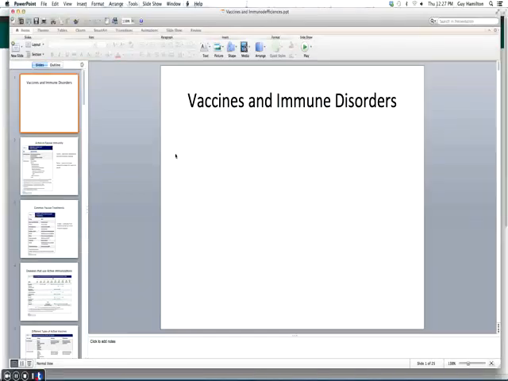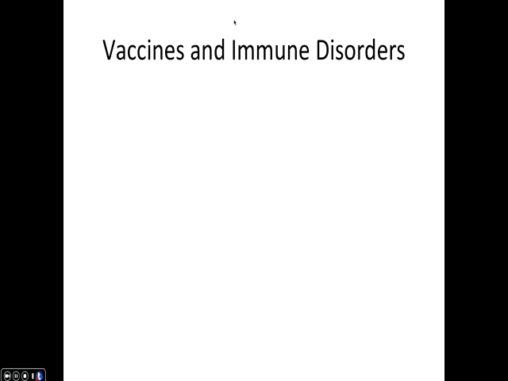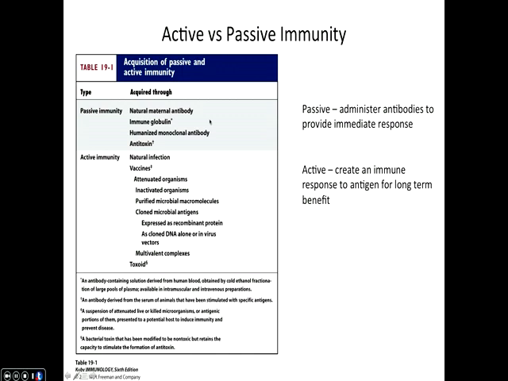All right, everyone. We're going to have a talk here. We're going to talk about vaccines and immune disorders. But the first half, we're just going to hit the vaccine side of it at this point, and we're really going to talk about it in comparison to the cancer vaccines that we just finished our talk on. So that's really the first half. The second half of the lecture will go into the immune disorders.